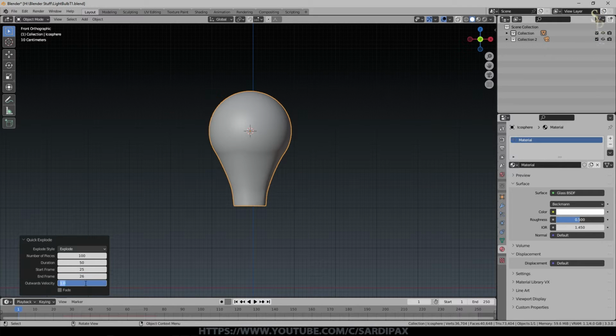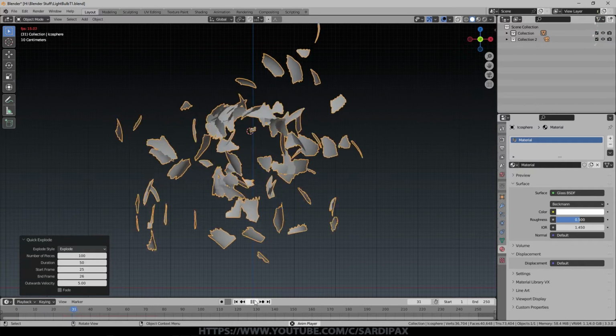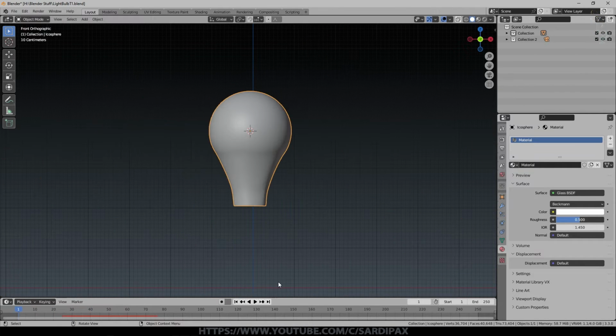Outward velocity we'll just need to work on, but I'll put 5 for the moment and we'll see how that does. And then number of particles, I use quite a bit more than that. I think I use something like 300 or 400 particles, but we'll go with 100 for the moment. We can increase it later and I'll show you how. So if I press play now, we can see what happens, and there we go. So you can already see that's not what we necessarily want, but we can still make changes.